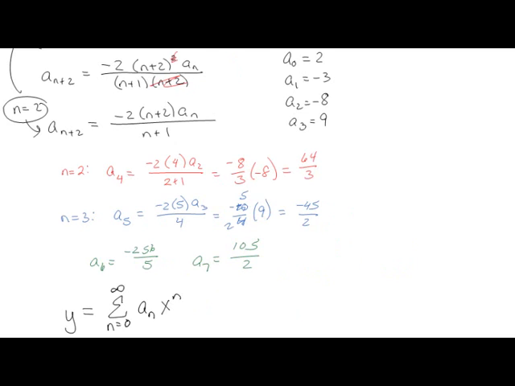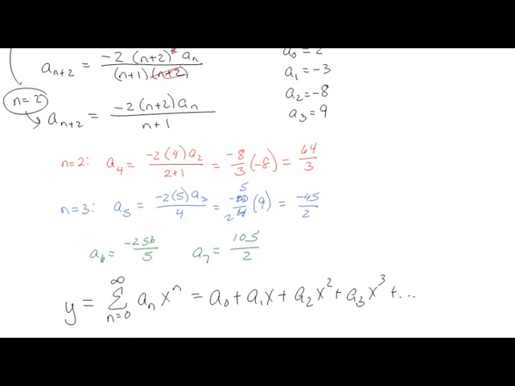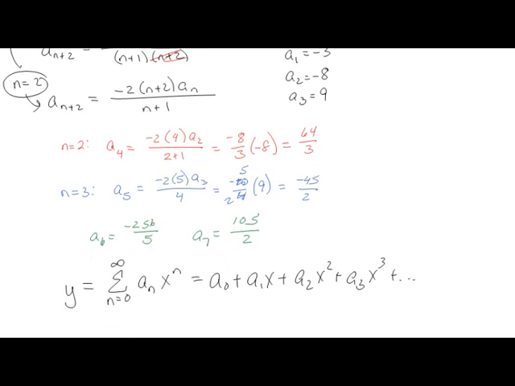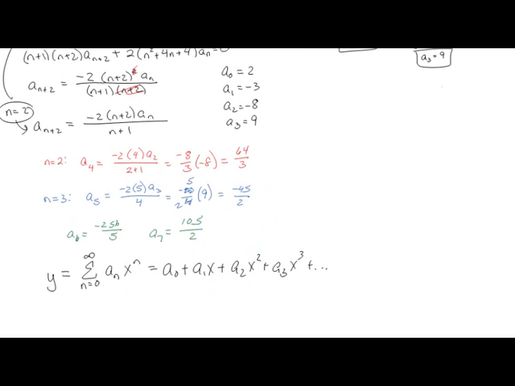All right. So that meant it was a naught plus a1 x plus a2 x squared plus a3 x cubed, etc. Well, these coefficients here are the coefficients that we just calculated. So that means that our solution is really and truly, and you still can't see them all, so I want you to be able to see them all. Our solution,